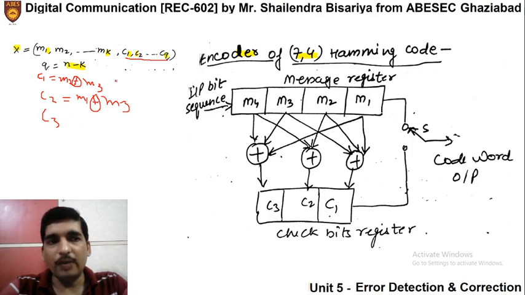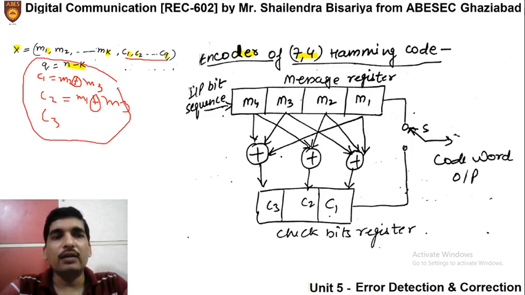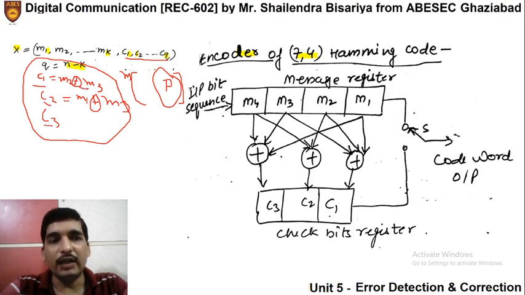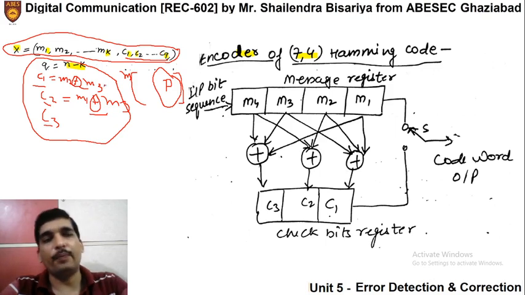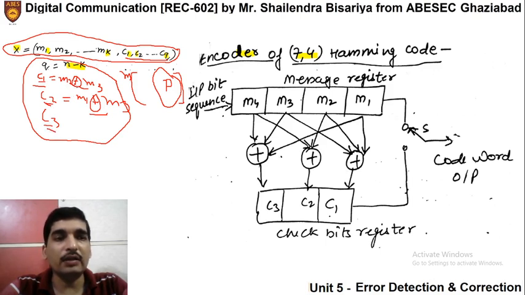So how do we find this? We find it with the help of the generator matrix, which has a subset of the parity matrix. Based on those values of the parity matrix, we multiplied it with the message bits and found the values of c1 c2 c3 in terms of message bits, and hence we wrote the code word in this manner. If we want to draw the encoder for the same, we know that all the check bits, whether c1, c2 or c3, are just xoring of some message bits.